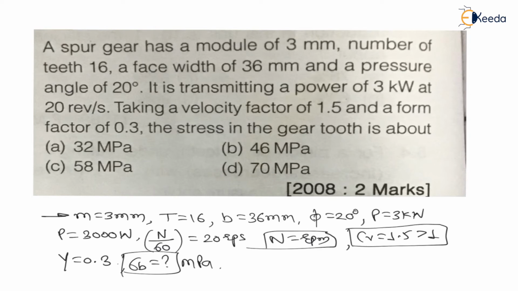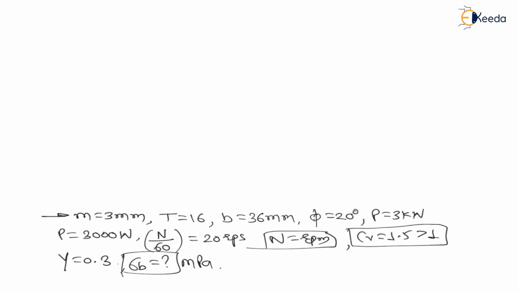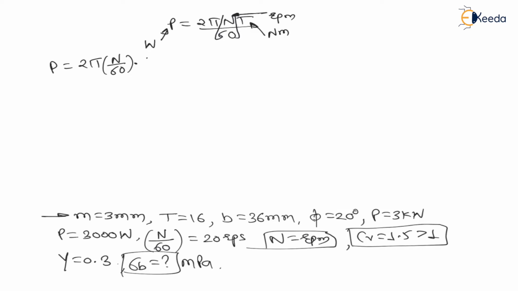Now let us solve this question. Here I am deleting the question. We have understood the question. Now here can I say power is nothing but 2 pi NT upon 60. Now in this equation we are using power in watt, then N must be in rpm. If I divide with 60, then N is in rpm, and then torque we will get in newton meter. But my dear students, total N by 60 rps is given, then no problem, use N by 60. Therefore power is equal to 2 pi N by 60 into T.